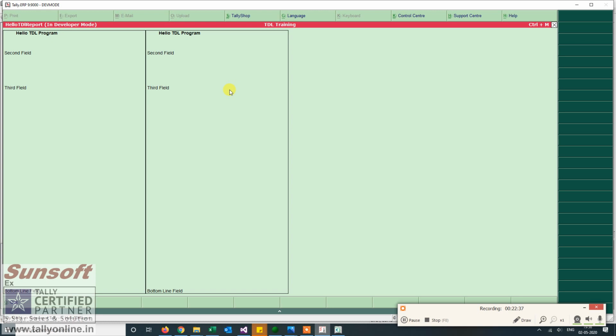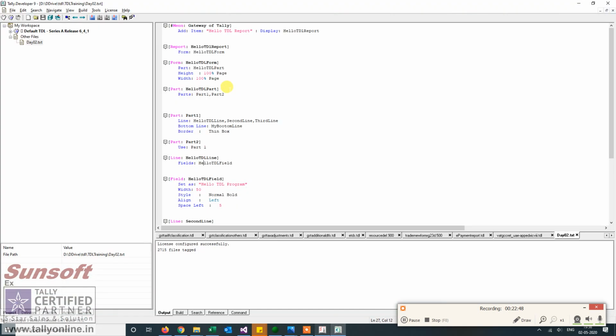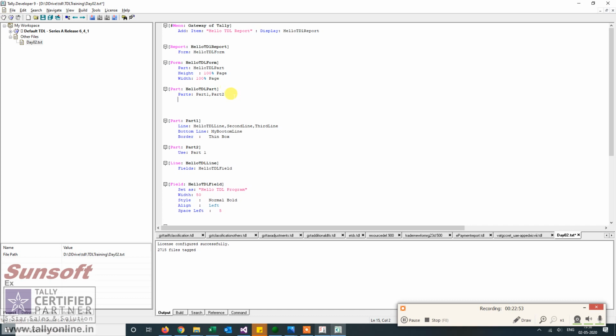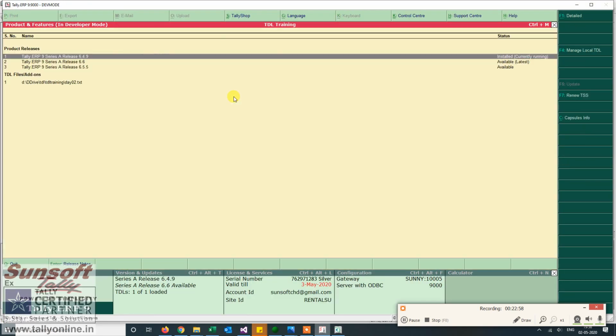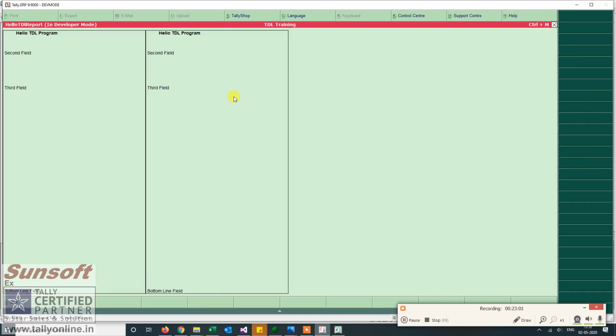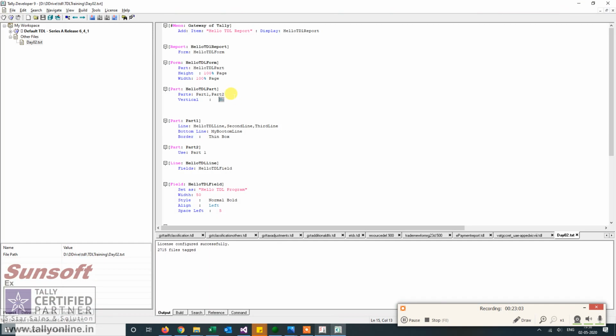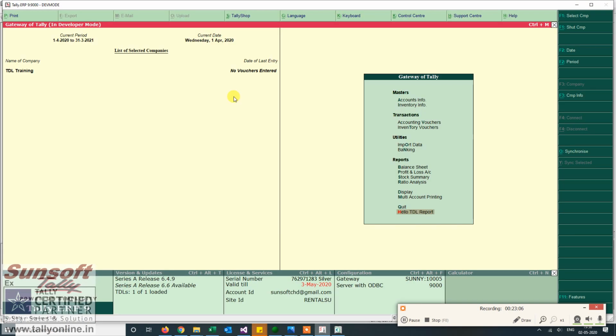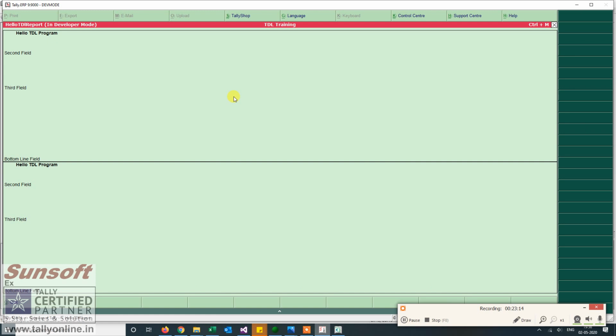Now since these are coming vertically, if I want them horizontally, then I'll say that. By default, if you define two parts, they are not vertical, but once I define them as vertical, now the parts will be at the top and the bottom of the form.